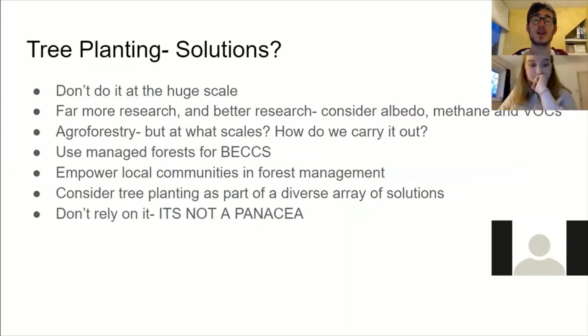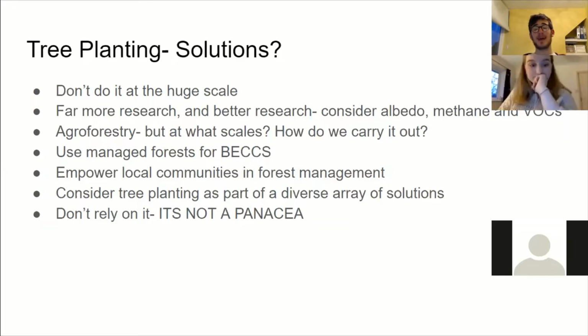There was something called the Trillion Trees Study, which basically said we could reverse carbon dioxide if we planted 1 trillion trees. The problem was they overestimated the amount of carbon dioxide trees took up. They also didn't account for the albedo effect, the reflectivity effect. They didn't account for methane, didn't account for volatile organic compounds, and put trees in places that trees had never been planted before as well, amongst other things. We actually need much better research on trees, including considering all of these things like albedo, methane, volatile organic compounds, all of these things that could be really difficult.